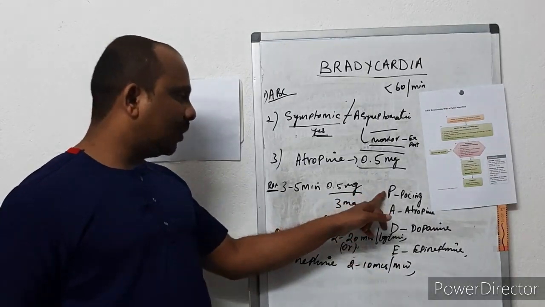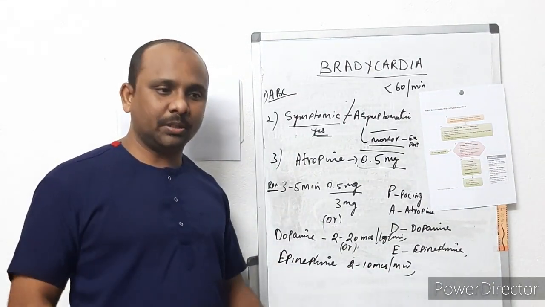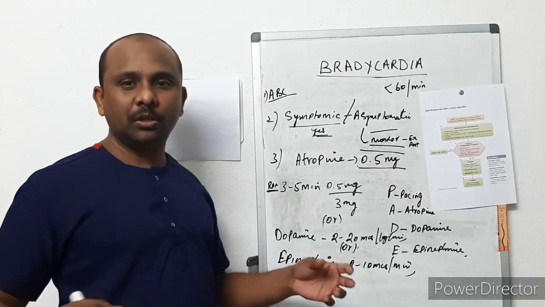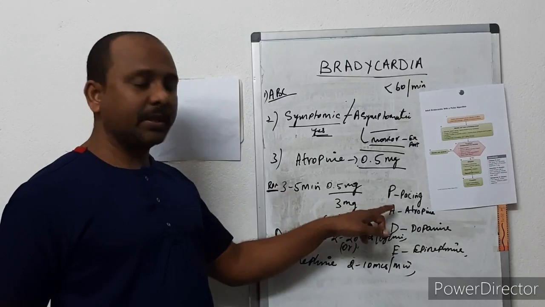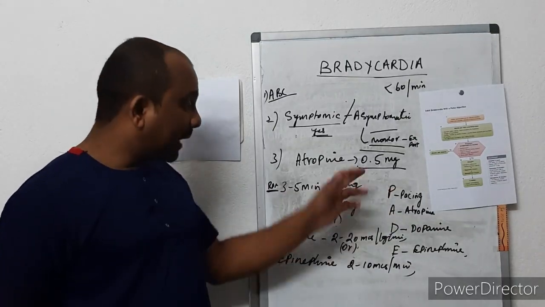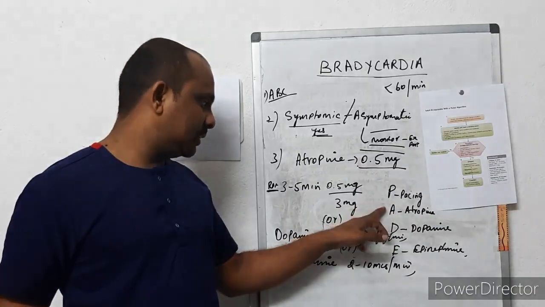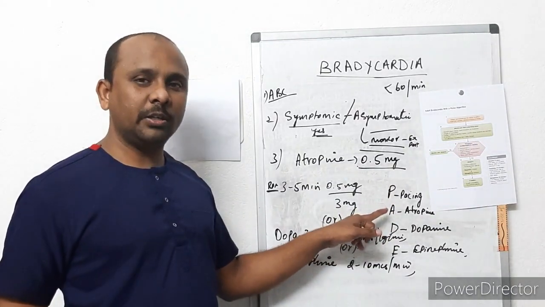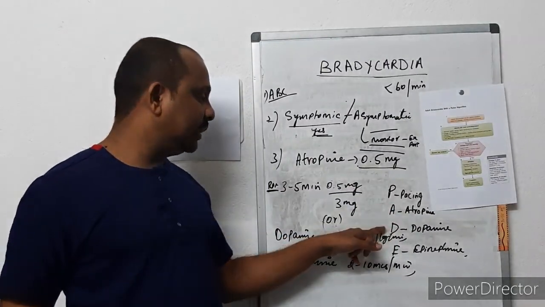What is that? P for pacing. You prepare for the pacing. Even if you are an expert, you need some time, because pacing needs some time to prepare the equipment and to put in the cannulation, everything. So you need some time or the expertise. So prepare for the pacing by the time you treat with atropine. If this bradycardia is responding to atropine, well and good. Or if it is not responding, or only transiently responding, then we can go ahead with dopamine.